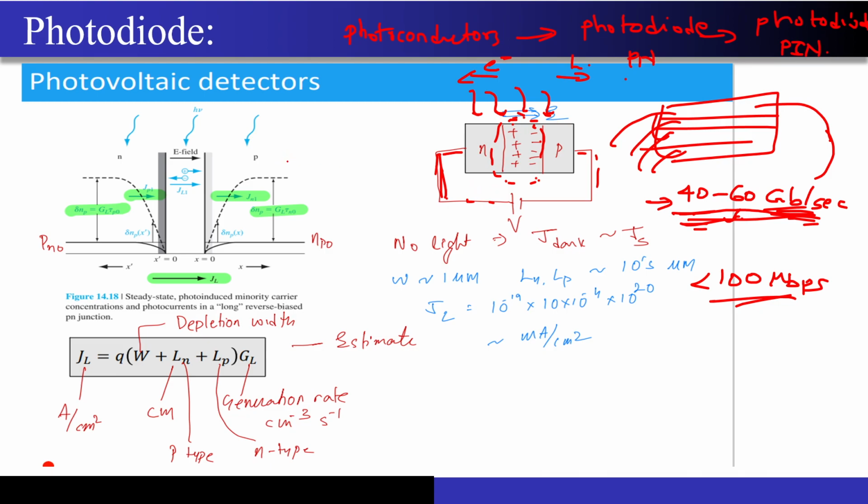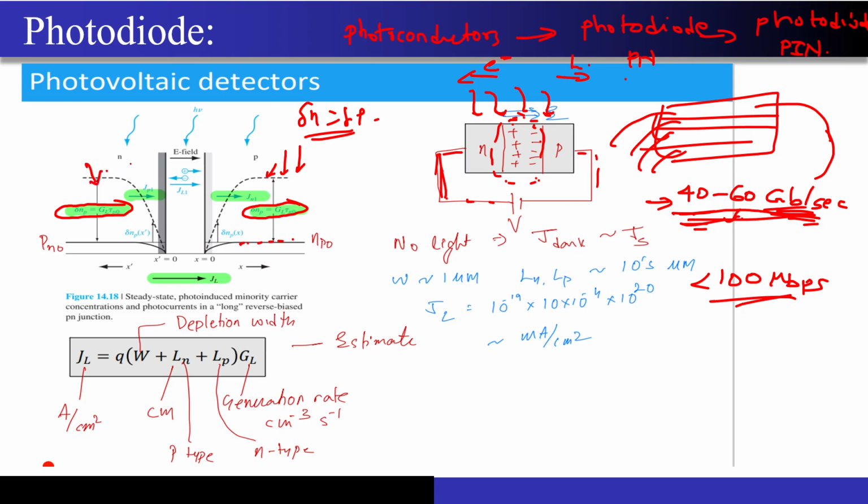And what happens to the carriers that are generated over here? The majority carriers will not be affected, but if you talk about the minority carriers, since delta n is always equal to delta p, electrons and holes will be generated in equal numbers. Since the minority carriers are very few over here, you can see that there is a sharp increase in the minority carriers on the n side as well as on the p side. So minority carriers will be increasing over here. What do we expect? We expect a current from here as well because of the generation of minority carriers.